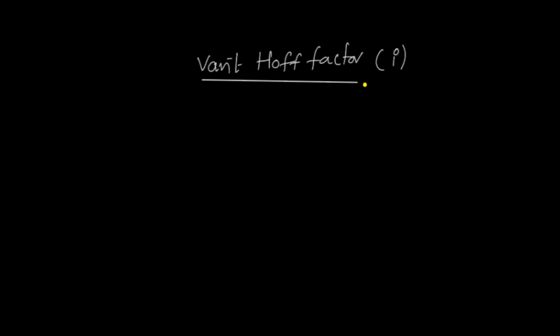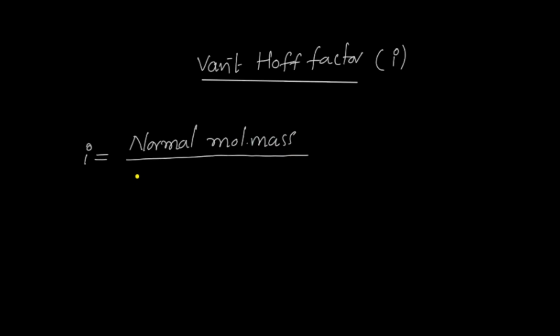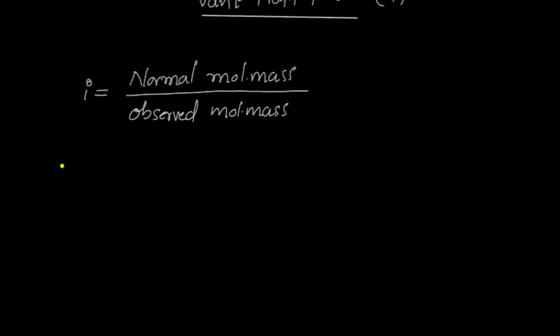Now the factor i can be defined as the ratio of the normal molecular mass, meaning the theoretical molecular mass, divided by the observed molecular mass, meaning the experimental value. We can relate this with some other definitions, like i is also defined as the observed